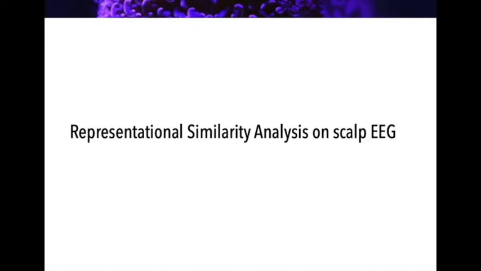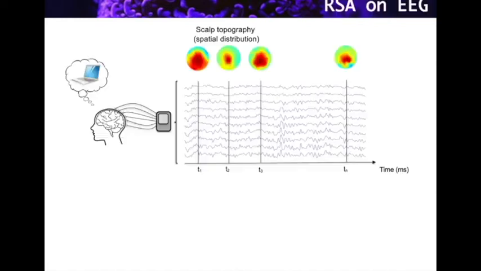Now, how is representational similarity analysis implemented on EEG data? The first thing we should bear in mind is which are the features that will characterize the pattern of data that we would like to use to assess for similarity. In EEG, the features that dominate this pattern are changes in amplitude throughout different electrodes for several time points. So these two features will therefore be the ones that define a pattern.